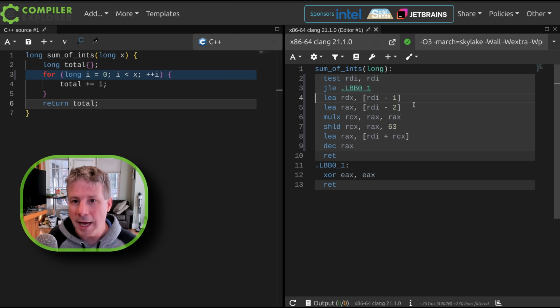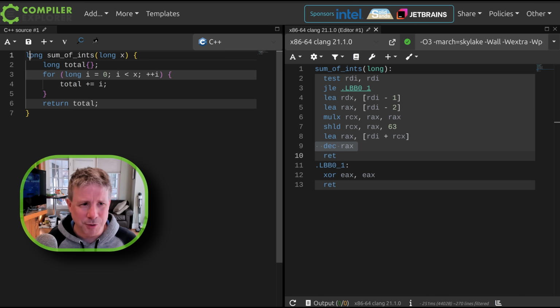Otherwise, we're getting x minus 1 and x minus 2. We're multiplying them together, shifting it down, and then adding it to itself. RDI plus RCX. So RCX is the version that's been shifted down. RDI is the original version, and then we're decrementing it. That is crazy. If I change this to be integers, which will make it a little bit easier on our eyes,